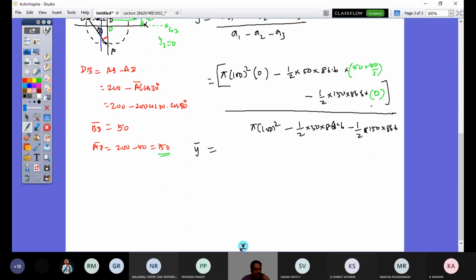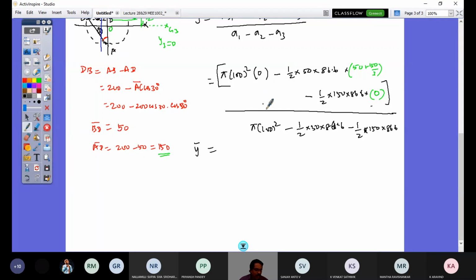If you are working out, you have to have your calculator, you should sit and work out. You will never get an opportunity throughout your engineering to do all this, and likewise in the examination as well, right? So please work out at home, take the calculator, solve these long calculations, and feel that experience. So I get here the numerator, a negative value, and hence I get y bar as